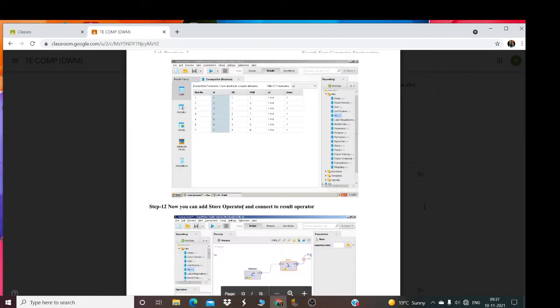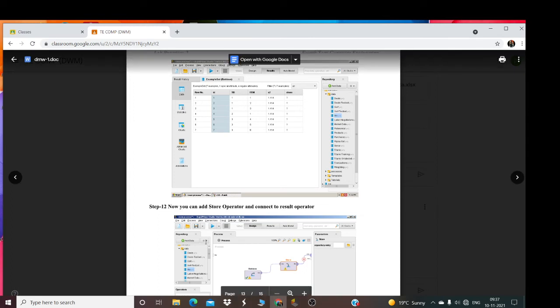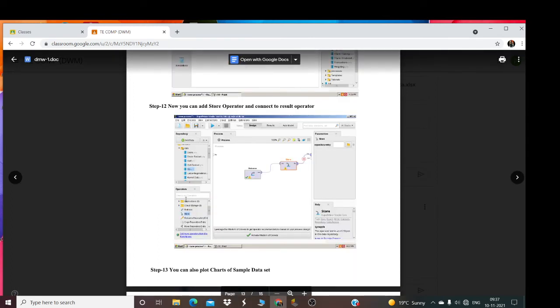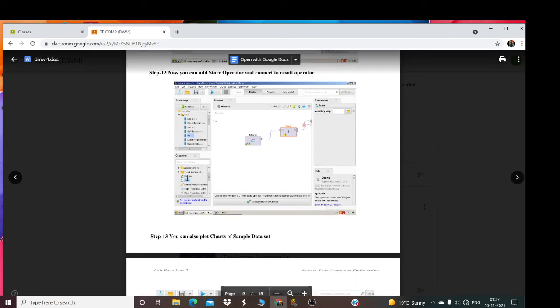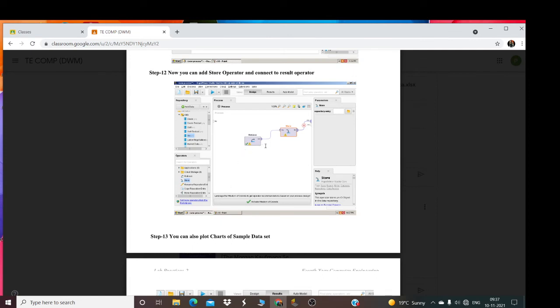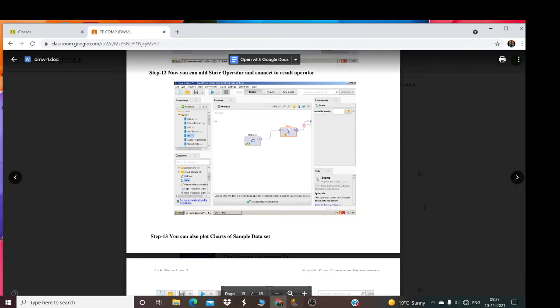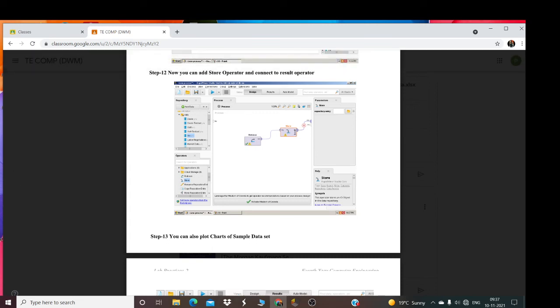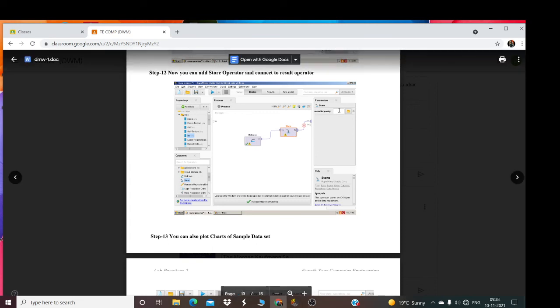Now you can add the store operator and connect it to the result operator. If you can't find store in the operators, you will search for store, select and drag it to the retrieve of the design process. It will give an error if you don't write the parameters.